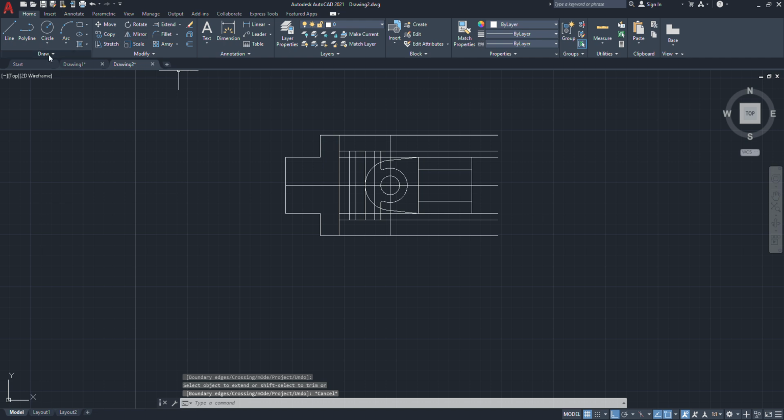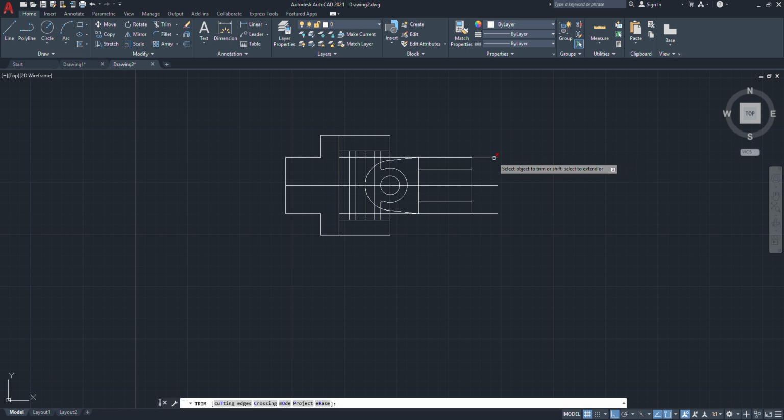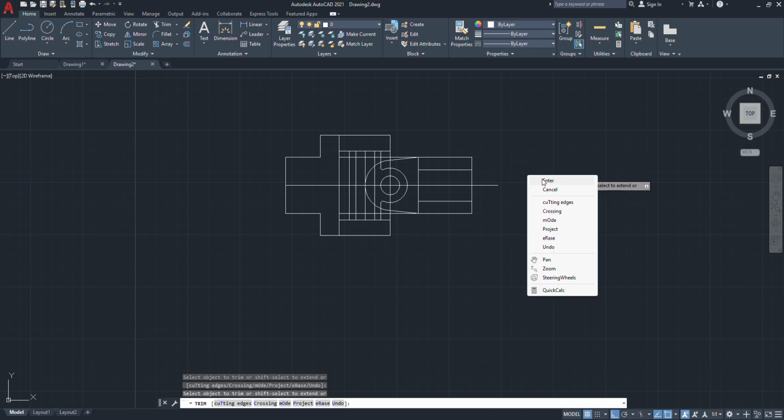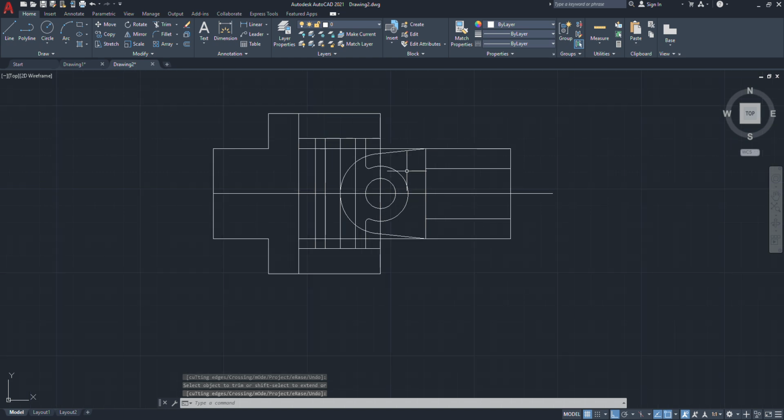I will trim this line, this line, this line, this one and this one, enter. We'll trim this portion also, trim this one and this one. Now we have